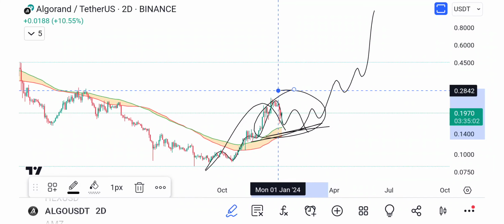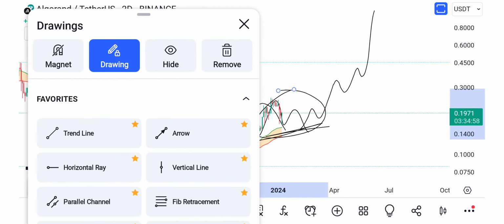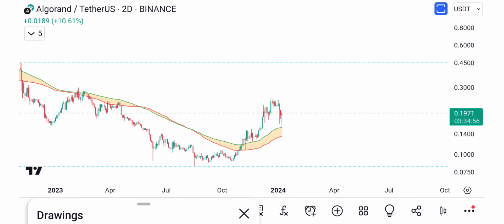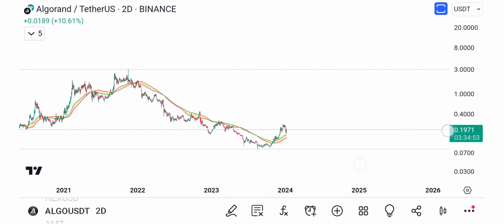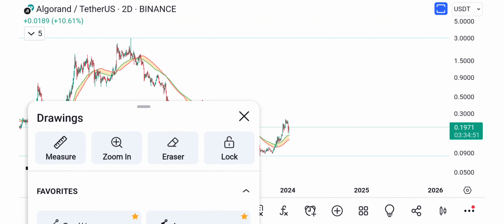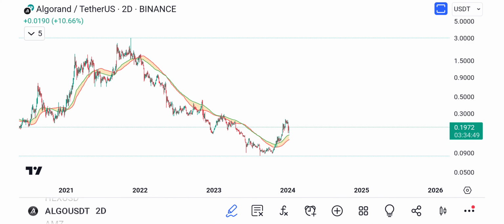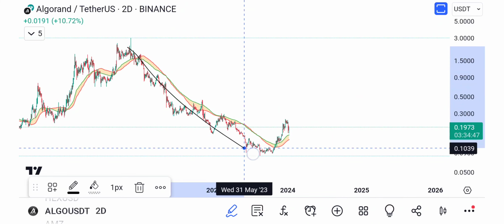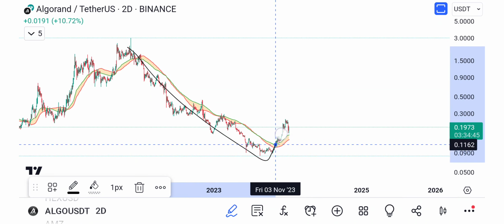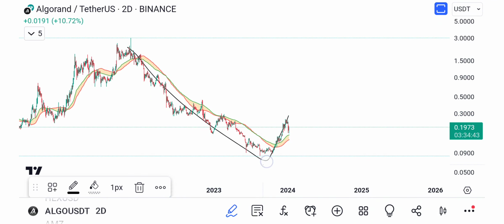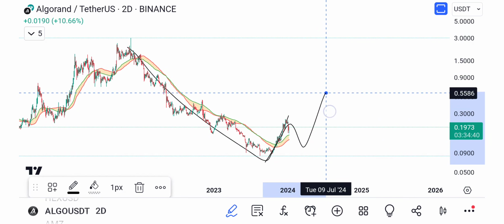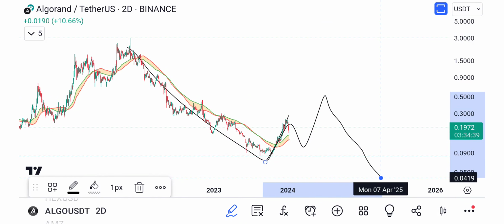So we probably still have some more correcting to do, but it looks like we're getting close to continuing moving on up. Because if you zoom out and look at this chart, doesn't it look like it has more up to go? I mean, you have this ridiculous wave to the downside. You have an impulse. At the very least, it's an A, B, C, right? And then we continue down, at the very least.